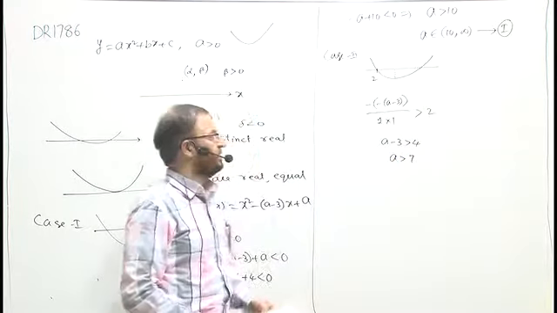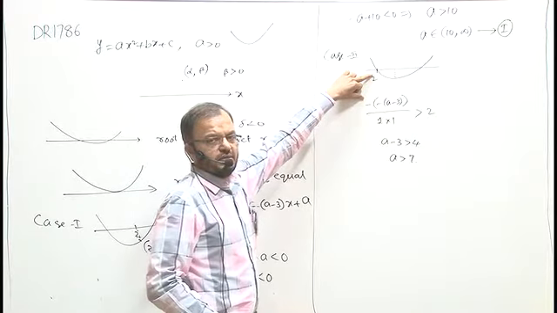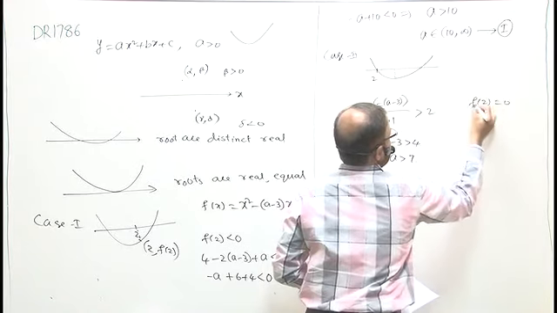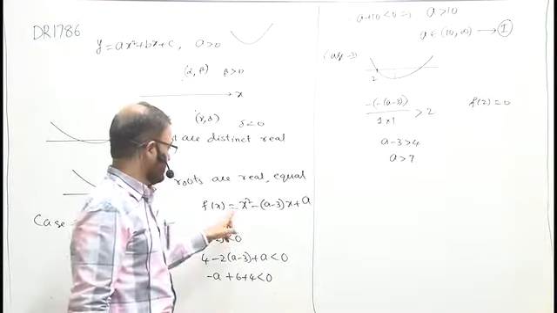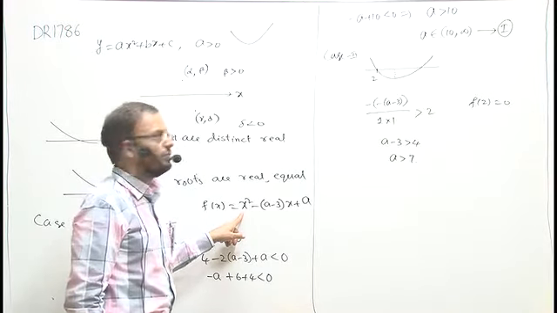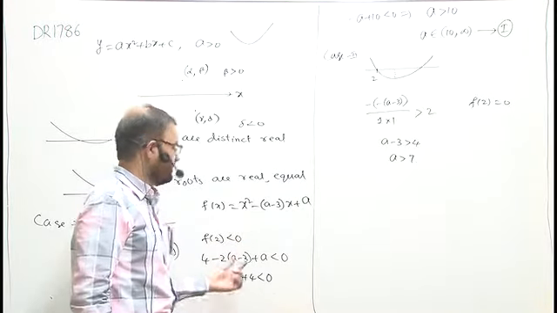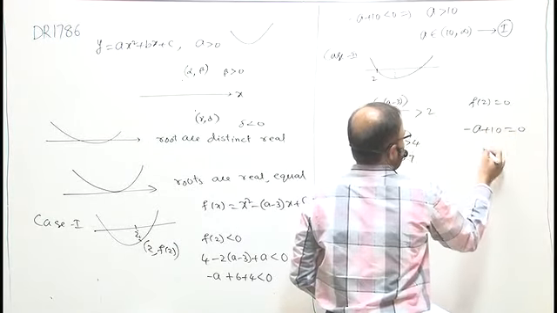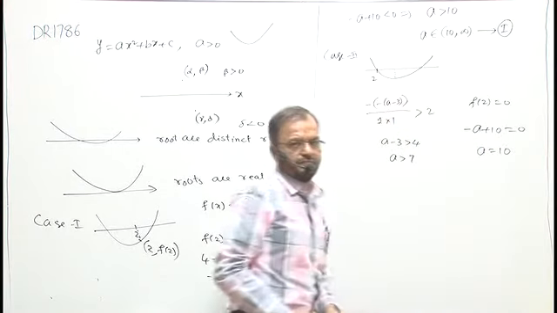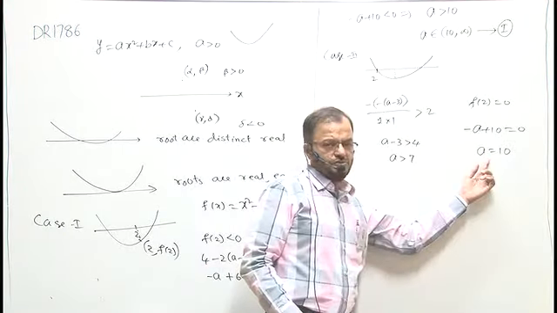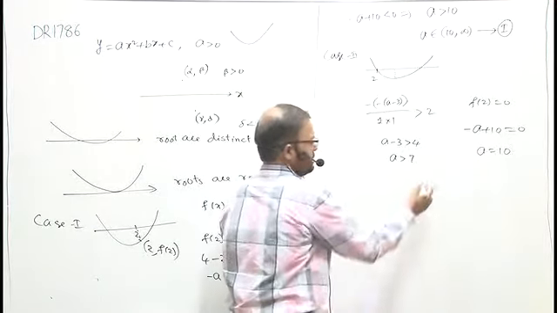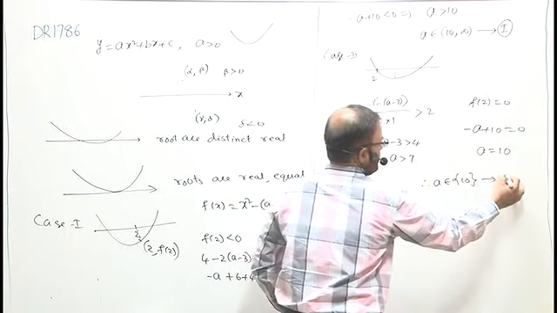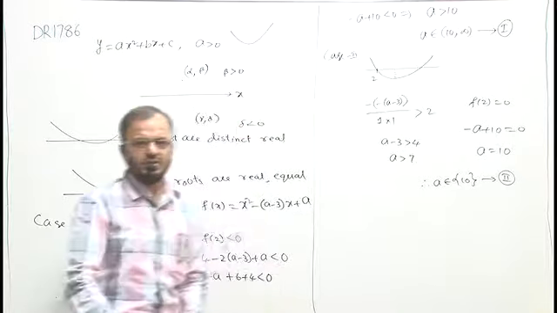Also I am finding that the value of this one at x is equal to 2 is 0. I say f of 2 equal to 0. F of 2, that is at the place of x I am putting 2 equal to 0. So I will get the same expression what I have obtained here. I directly write minus a plus 10 equal to 0. From this I am getting a is equal to 10. I have to take the intersection of these two. Both conditions are necessary here. So from these two I can say that a belongs to {10}. This is the result of case 2. Now case 3.